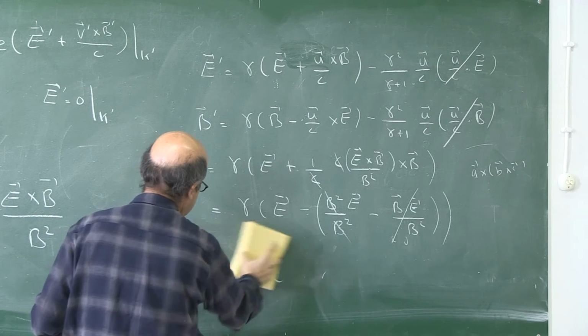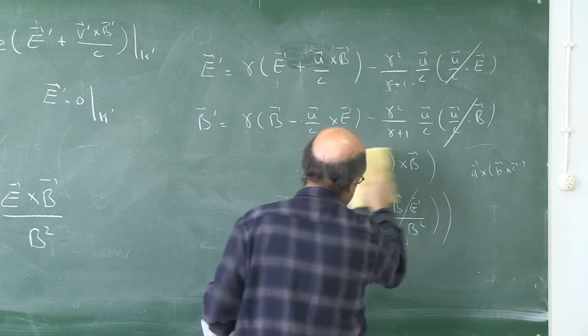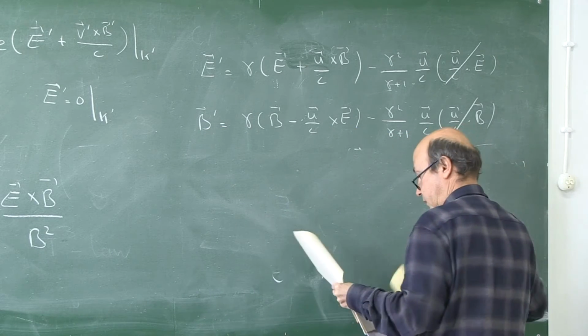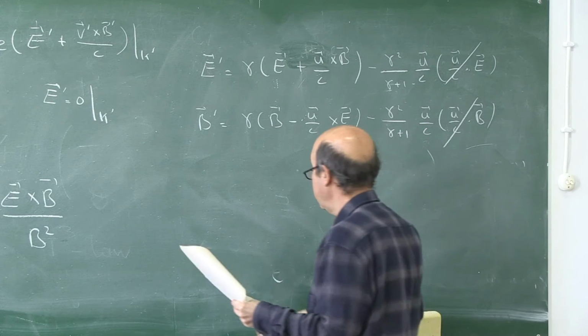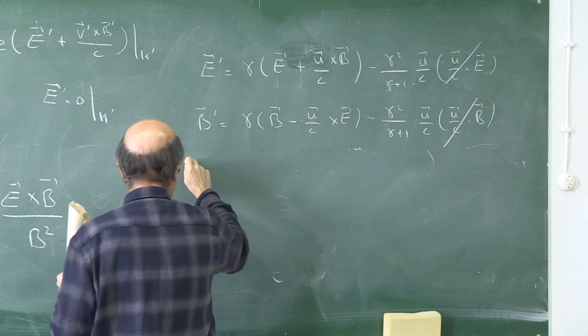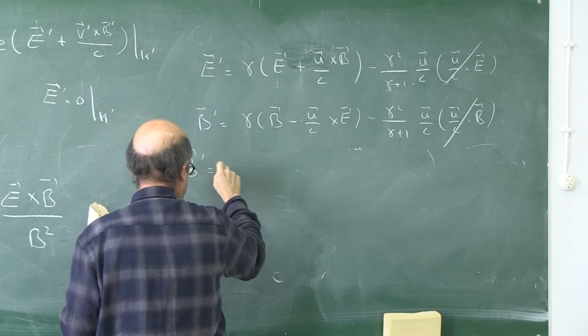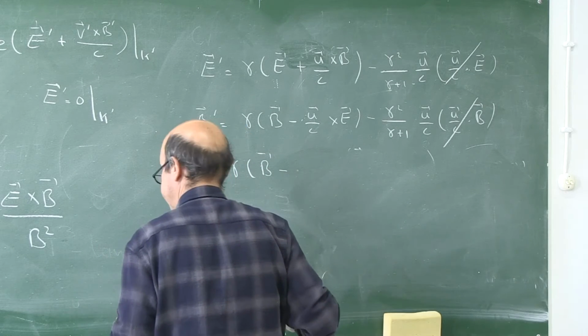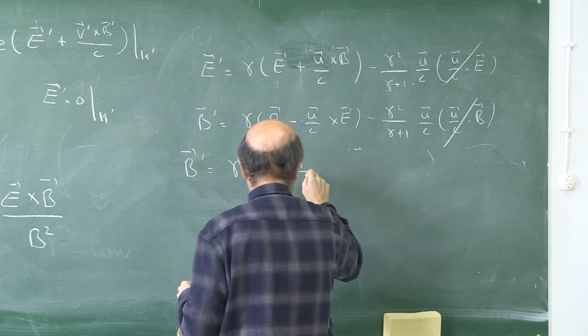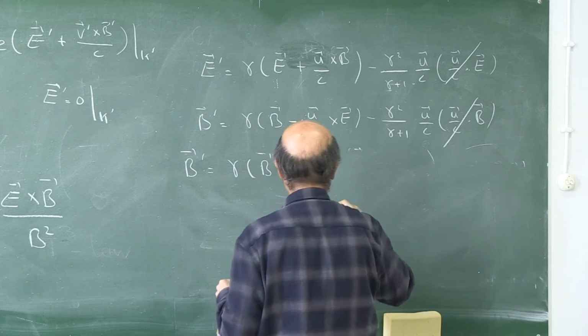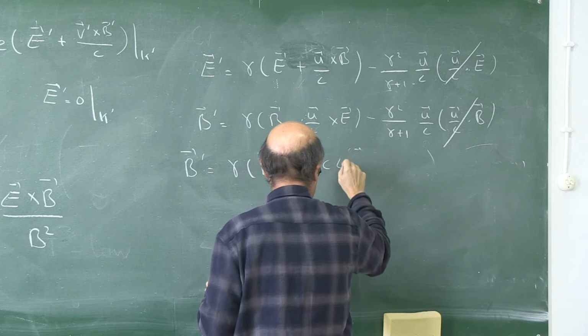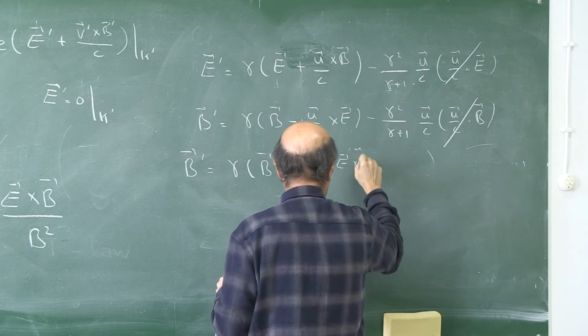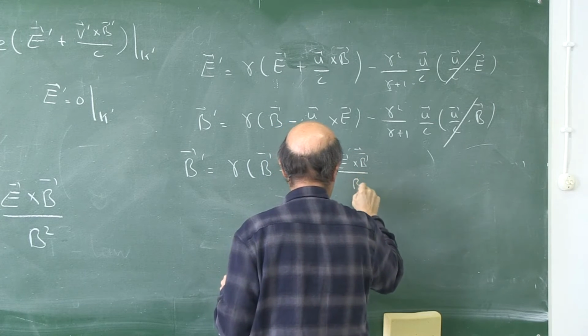If you look at what is going on for the B, you will obtain the following. Do the same thing for B prime, gamma B minus 1 over c, again u cross E is c E cross B over B square